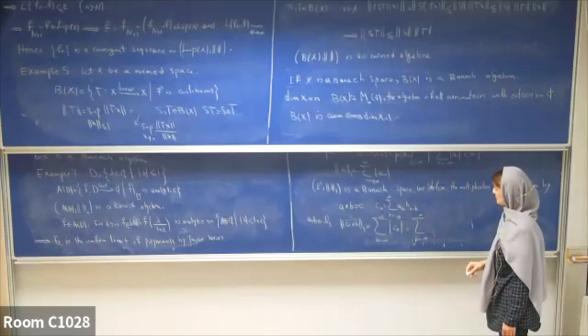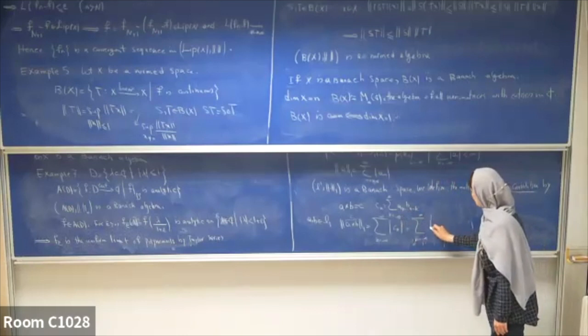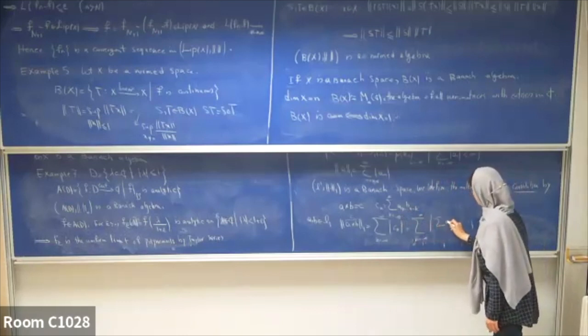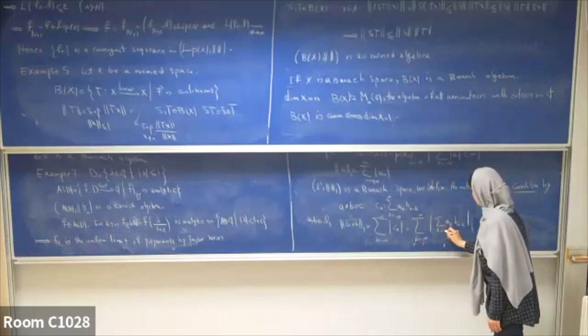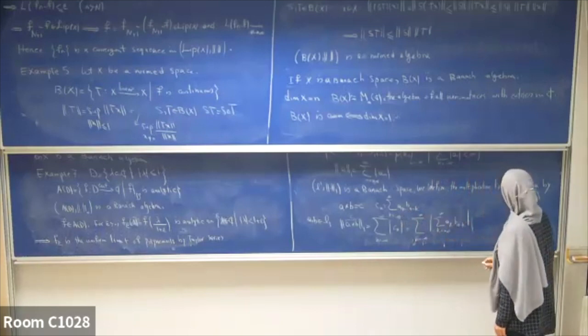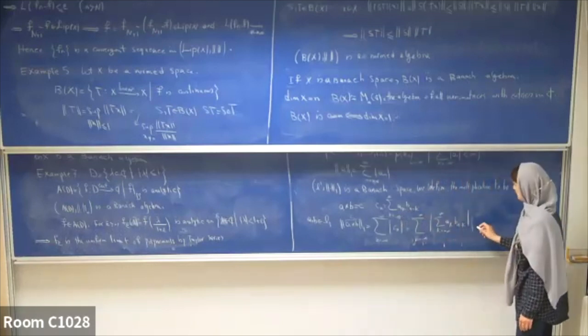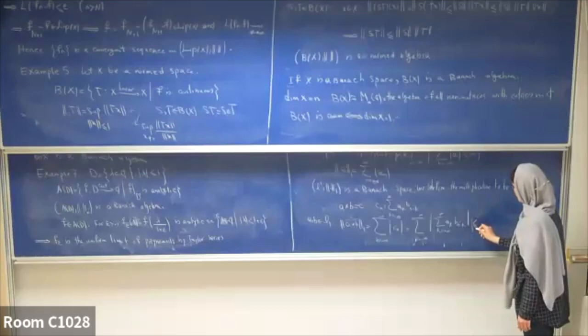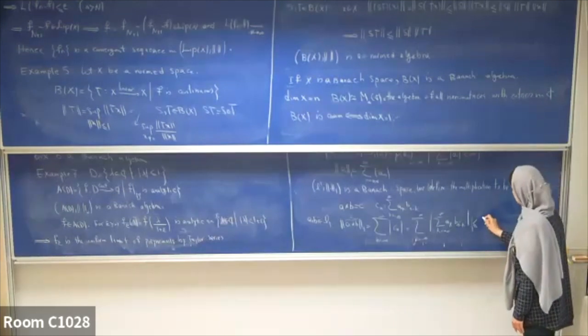If we replace C_n here, we have A_k B_{n minus k}. And we can use the triangle inequality, and finally we get